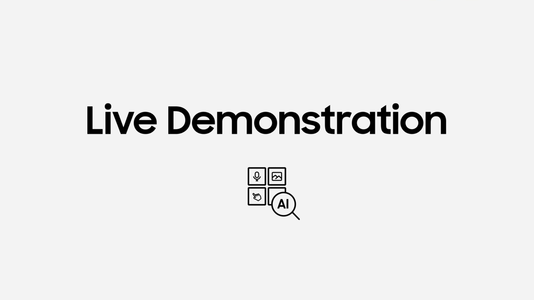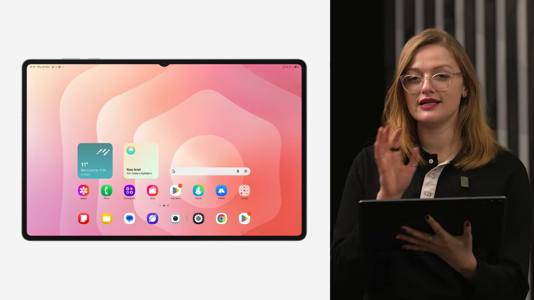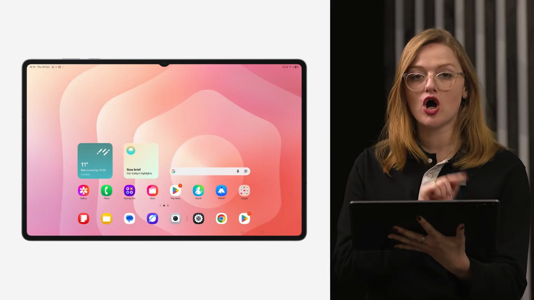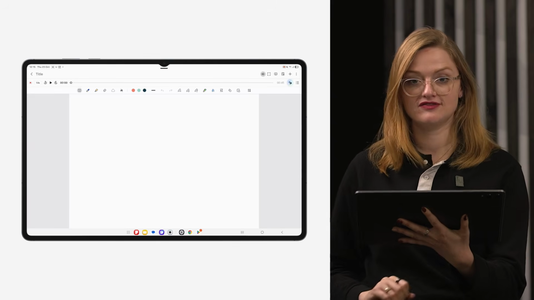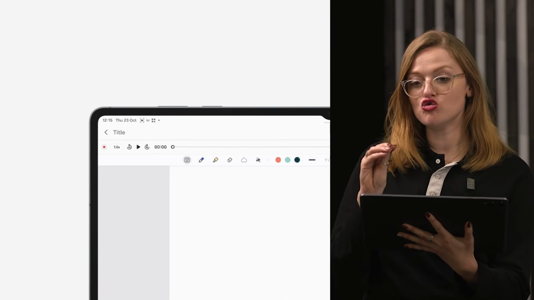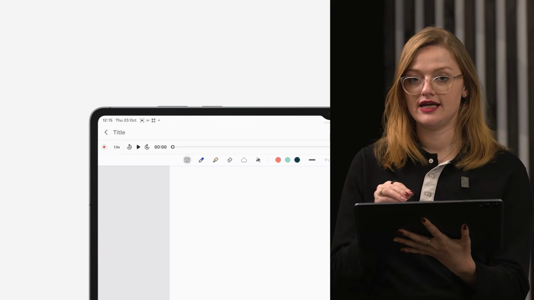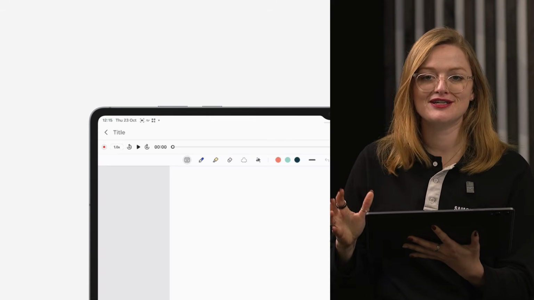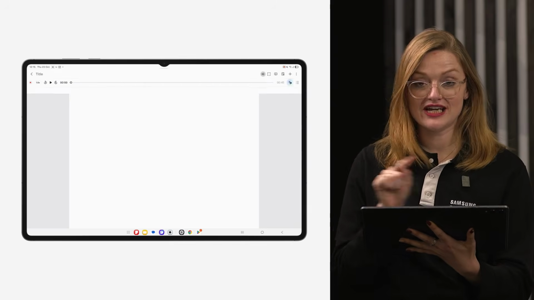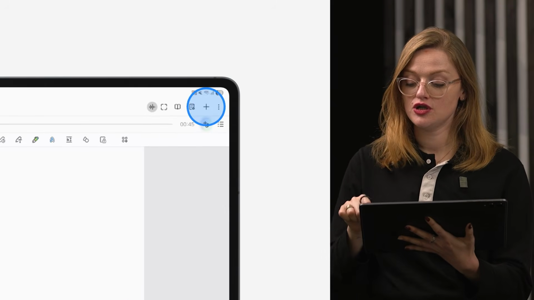Let's take a look. So first thing we need to do is we need to access Samsung Notes. Your tablet may look slightly different from this, so feel free to swipe up and you can type in the search bar, but we've got ours already on the bottom left. Then we open a new note, and what you'll see is I've actually already got a voice recording in here. I've done one prior to this just to make sure that you guys don't have to hear me waffle on for a little bit. So you'll see I've got that, but if you want to add your own, you just tap